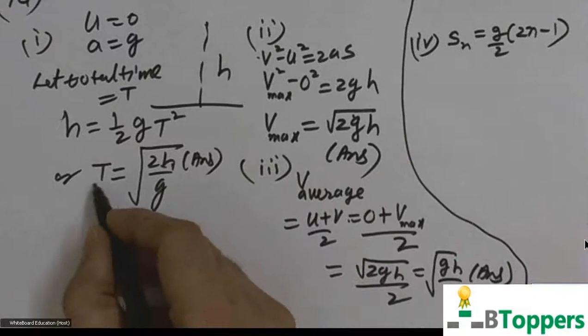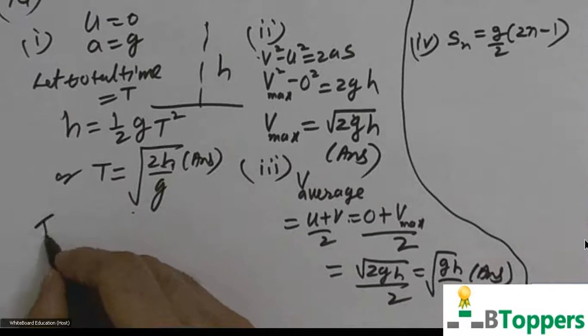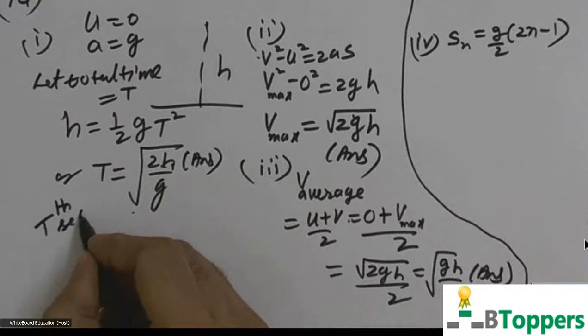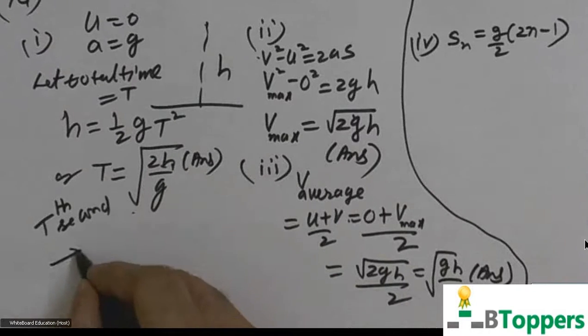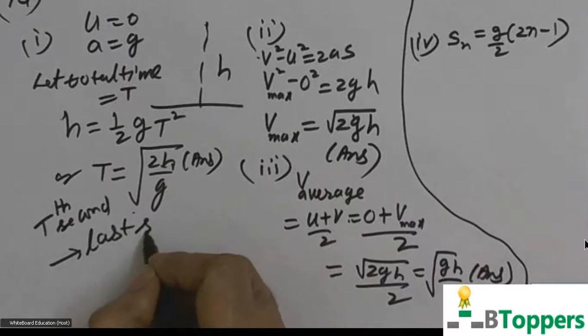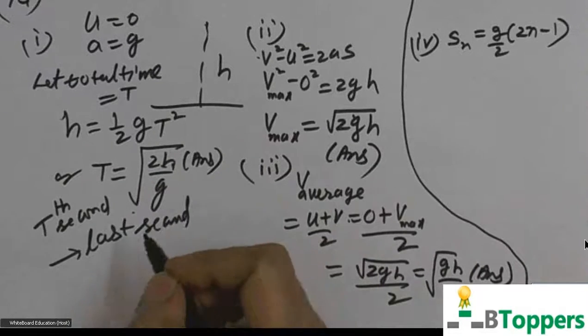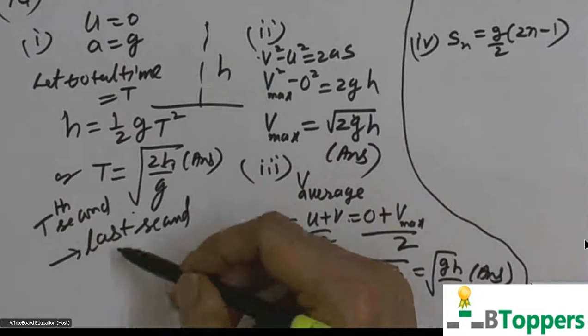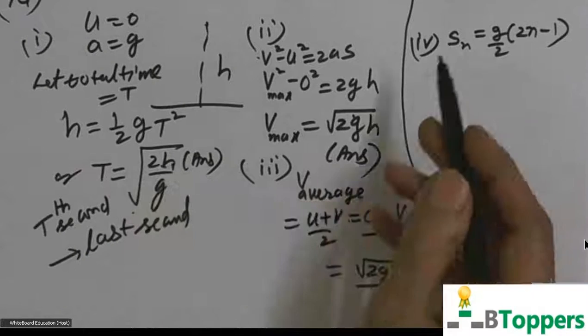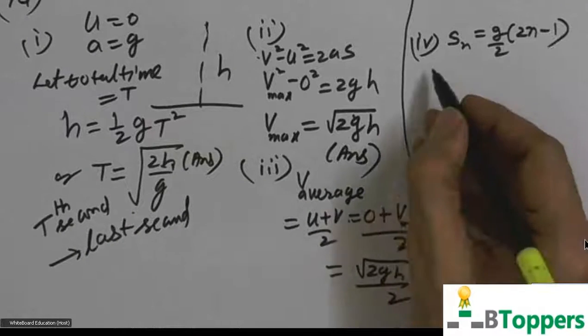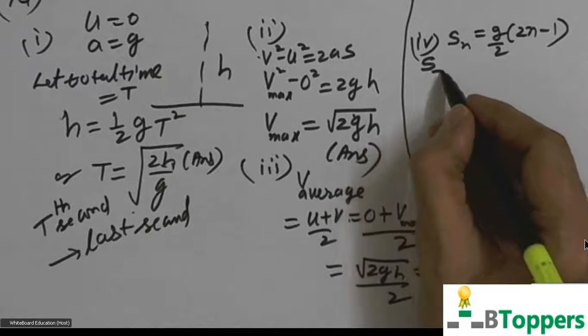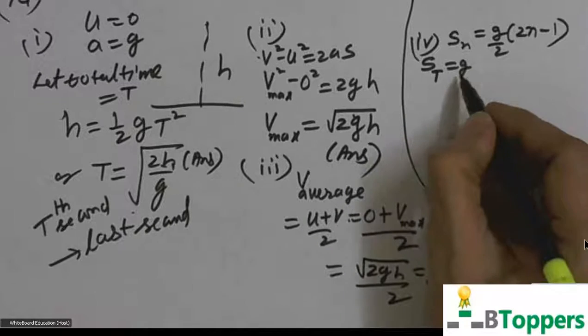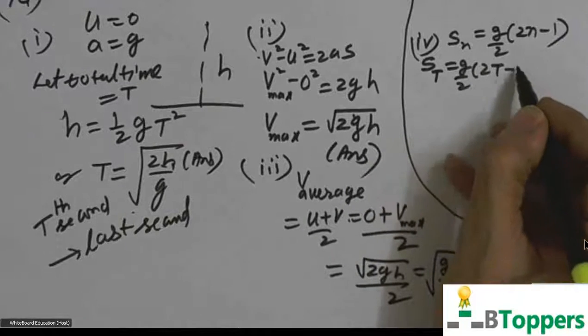If the total time of free fall is, suppose, capital T seconds, then you can say the Tth second is the last second. So to find the distance covered in the last second, that is in the Tth second, you can substitute n equal to T. So distance covered in the Tth second, the last second, is numerically equal to g by 2 into (2T